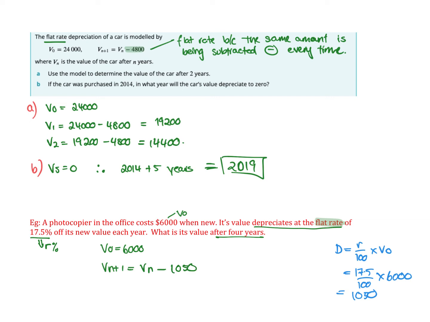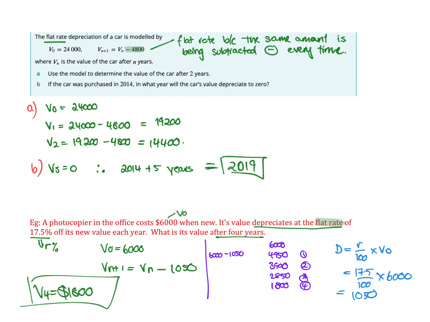So let's just do it recursively on our calculator. We type 6,000, press enter, then go minus 1,050, and then we go 1, 2, 3, 4, and we'll get the value is 8